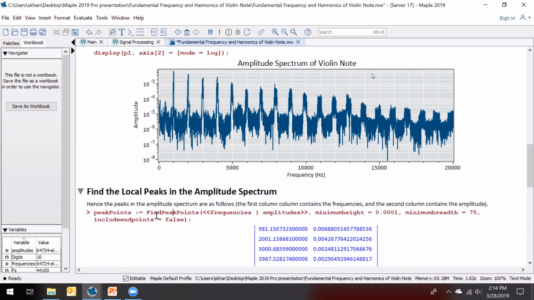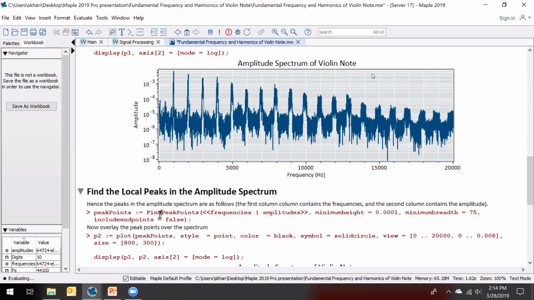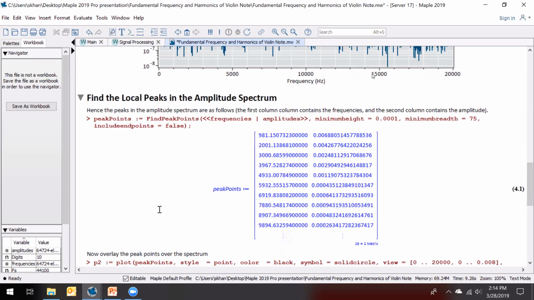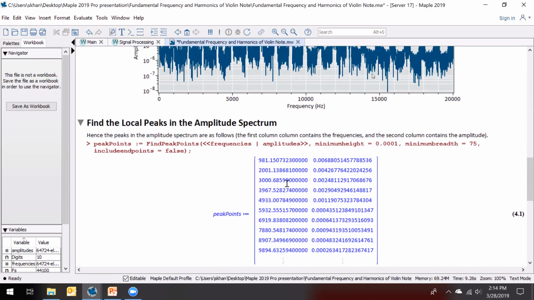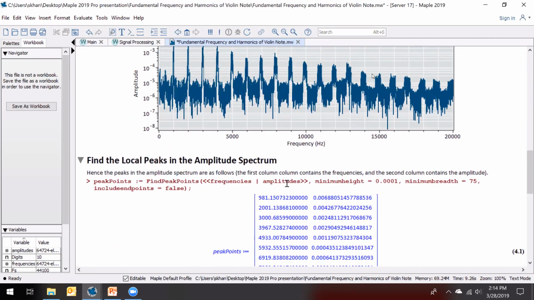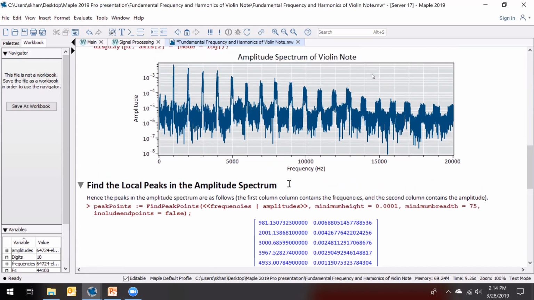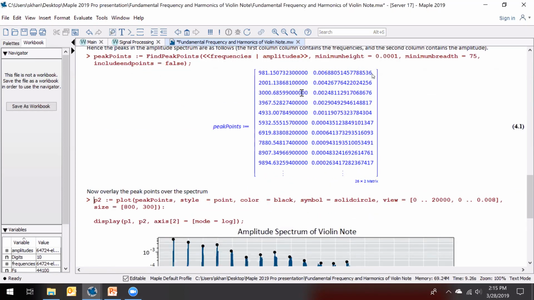But now, however, we have a new function in the signal processing package, find peak points, which allows you to extract all the local peaks and valleys of a data set, and there are intelligent options in find peak points to actually rule out spurious peaks or valleys, specify the minimum height of what you consider a peak, and so on. So here are all the peak points, so the point on the x-axis against the point on the y-axis,